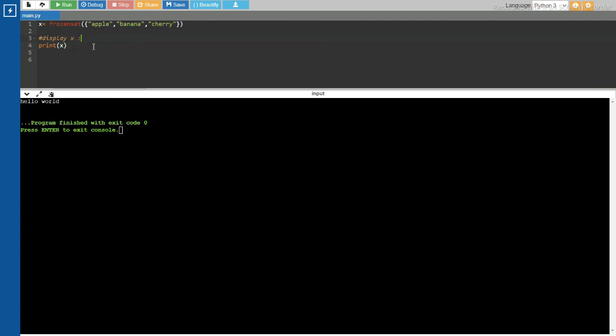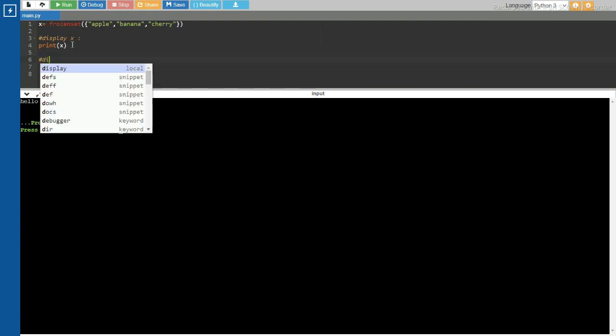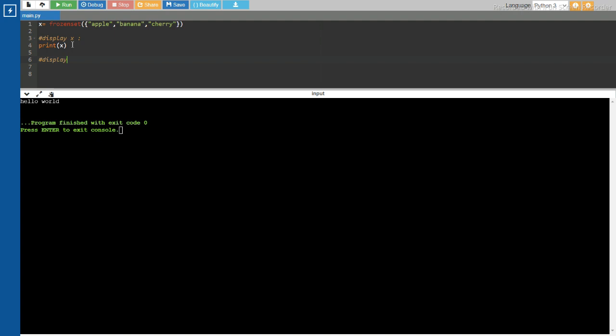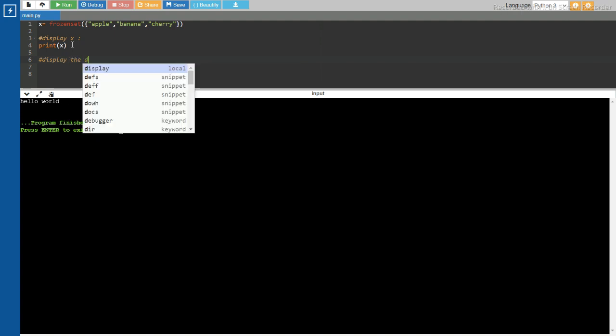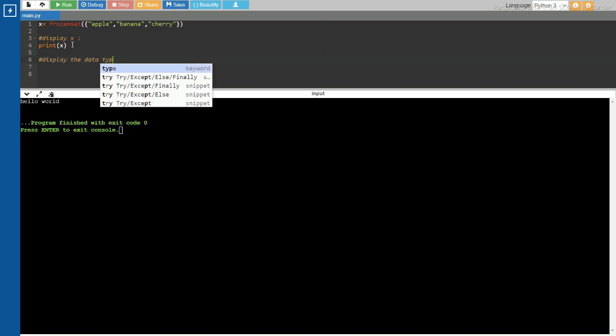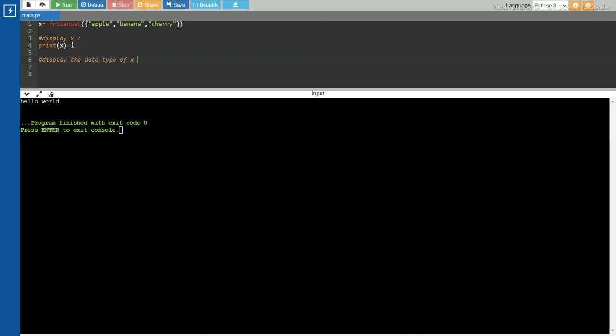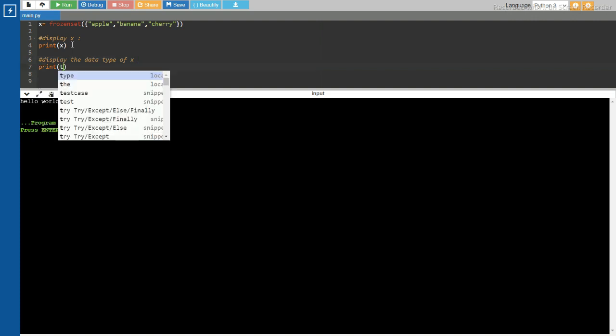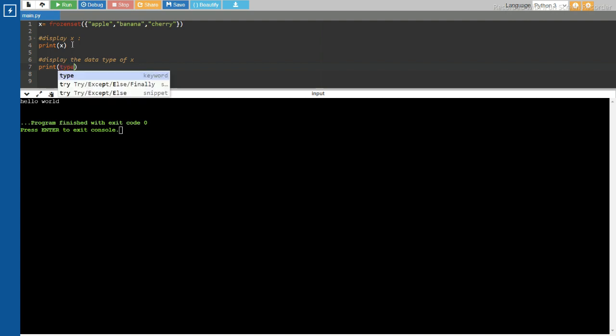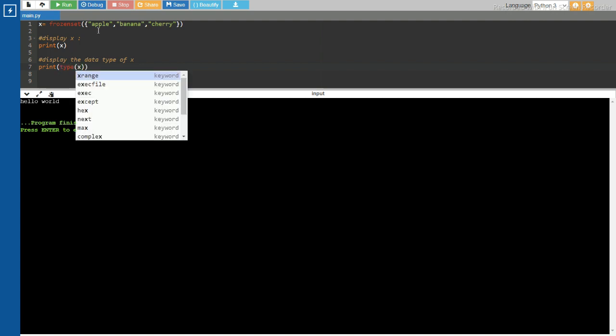One more thing: if we want to know the data type, let us type one more hashtag, display the data type of x, then print(type(x)). Now let us run this code.